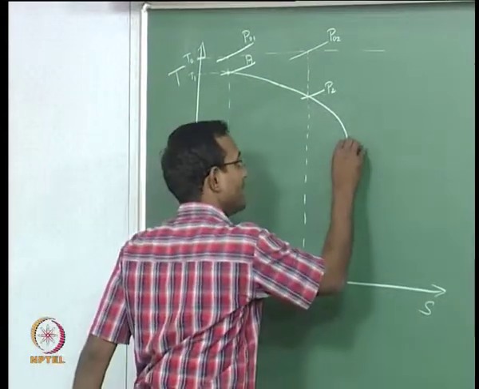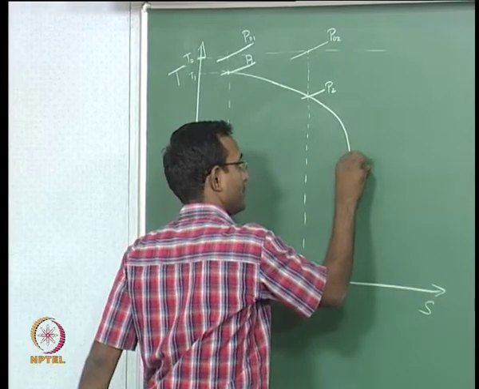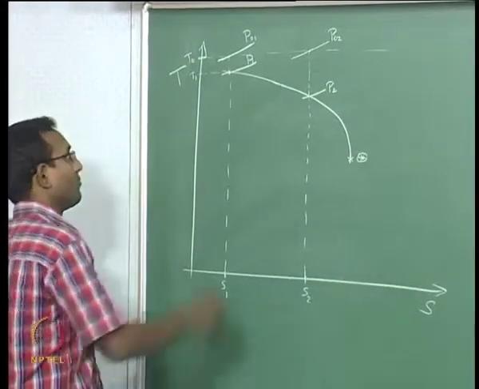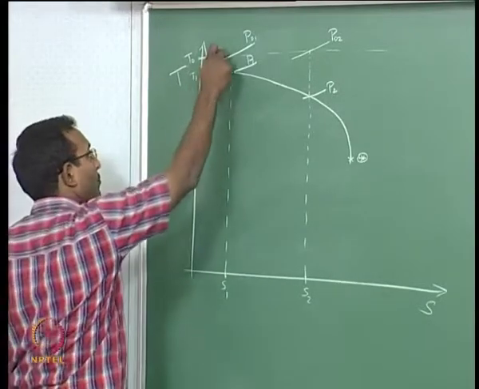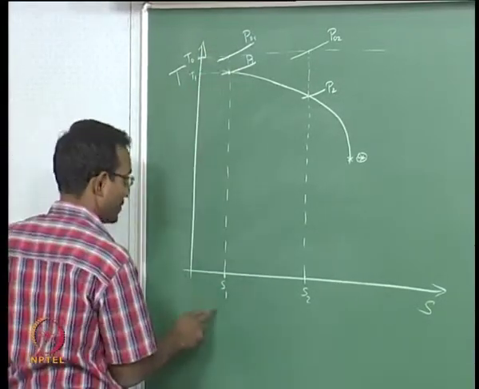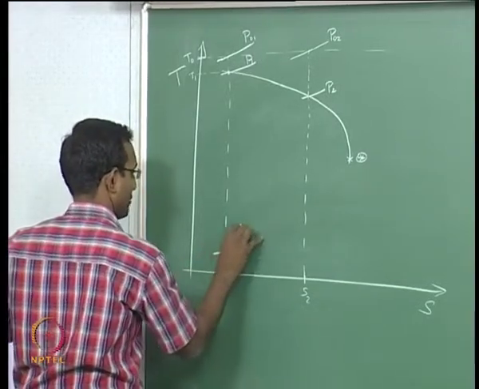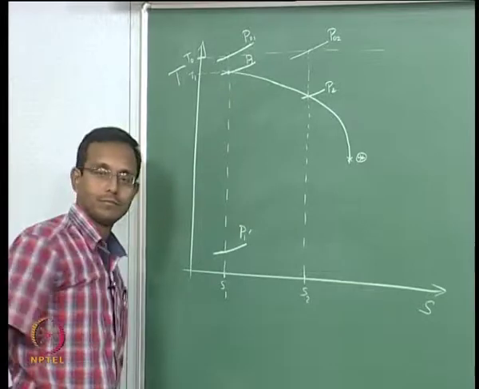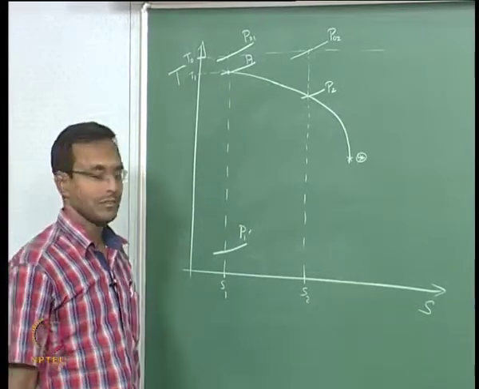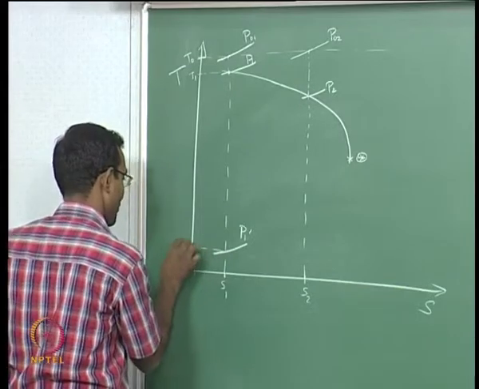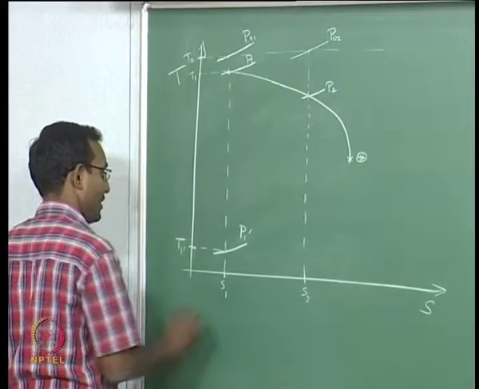And I am going to say at this point it becomes star condition, that is M equal to 1. Now if I start with the same T0, same S value but supersonic, I may be on this particular pressure curve, P1 prime I will call it, supersonic condition for the same entropy. I will be sitting here, which will correspond to a very low T1, I will call it T1 prime.